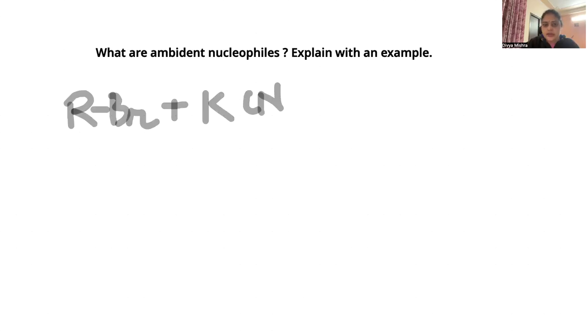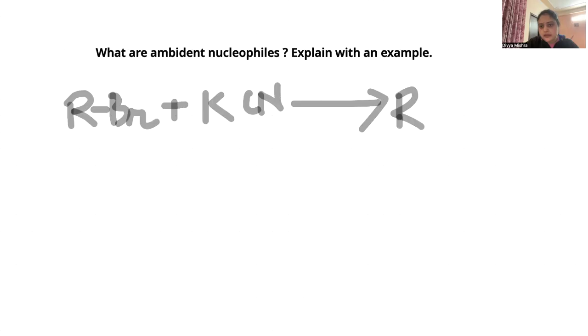In the first case, we are reacting it through the carbon atom. The solvent will be acetone, which is a polar aprotic solvent. Through this solvent, this ambident nucleophile will react through the carbon atom, and your product will be